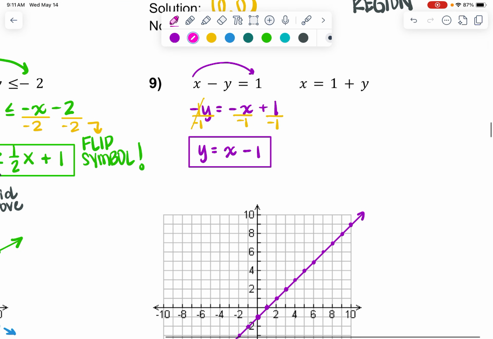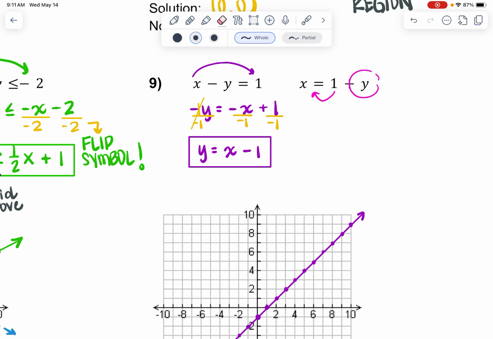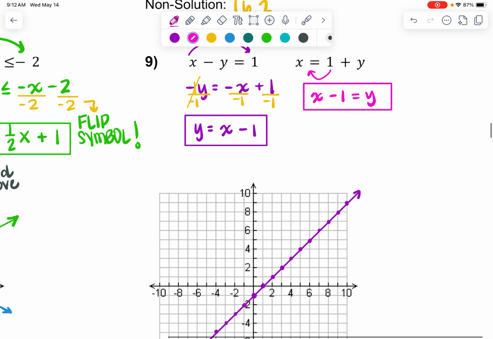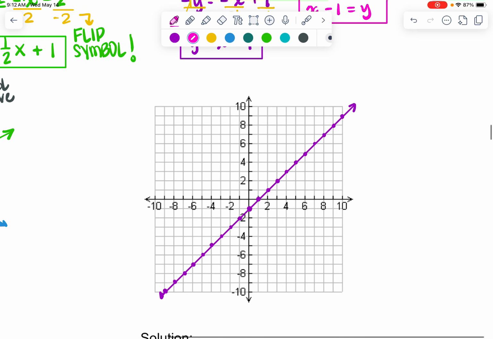All right, then I'm gonna go to our other one. So let's see, the y is almost by itself. It looks like we just need to move the 1 over to the other side by subtracting it. So we're gonna end up getting x minus 1 equals y. Oh my goodness, that's the exact same equation we just had, right? If I graph another x minus 1,